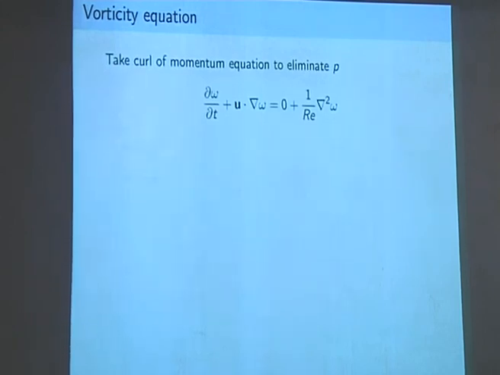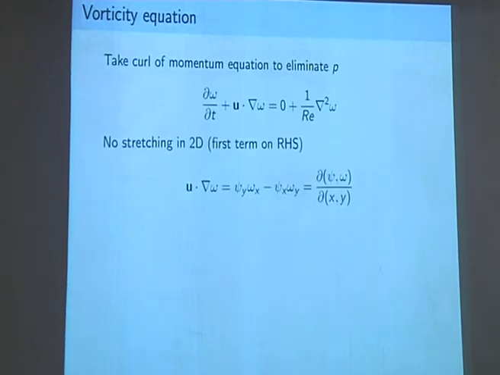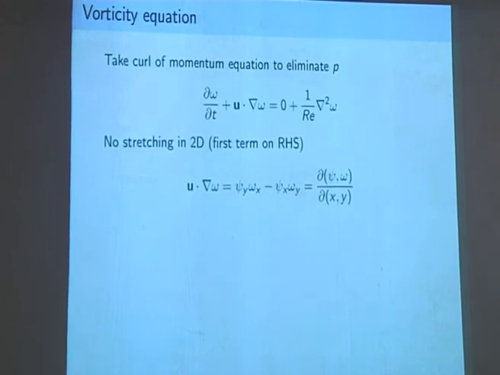So that's the form of the momentum equation we're going to solve. I've just said there's no stretching. That's the 0 on the right-hand side. And then sometimes, but I'm not going to bother, people could have rearranged the